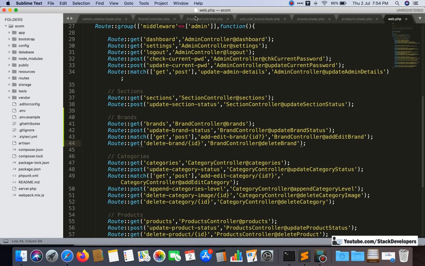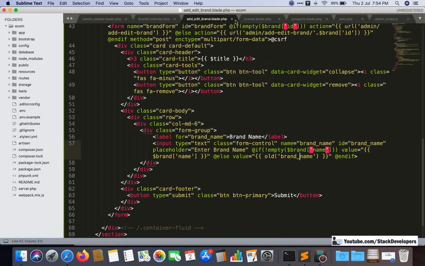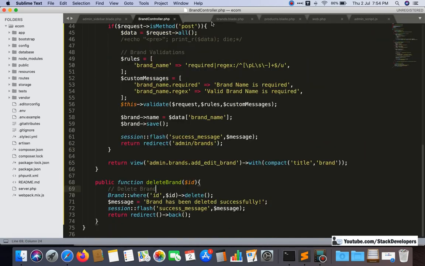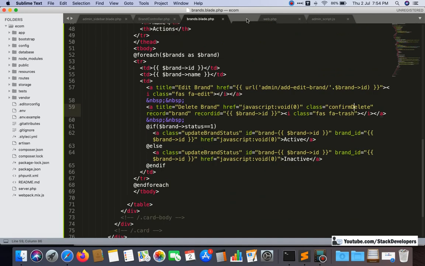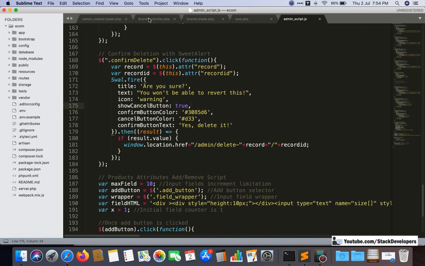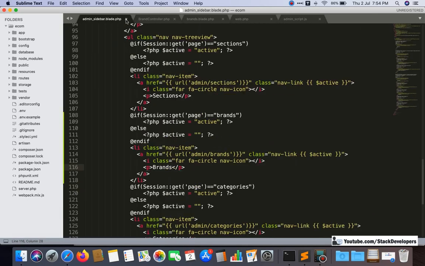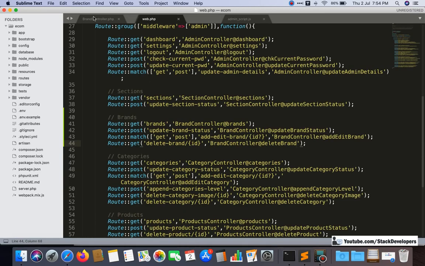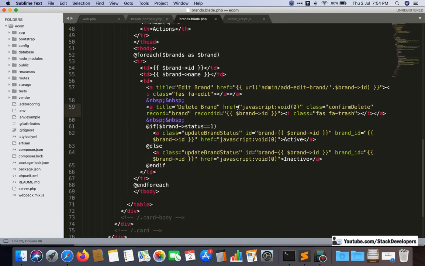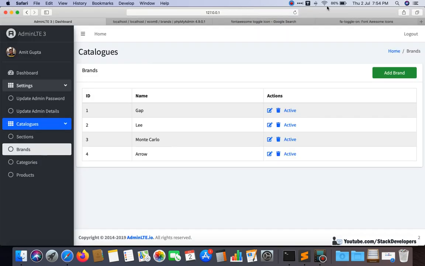So simply open, and you can close other files now, and you can open edit brand. Here I am going to use this icon, which is called fa-toggle-on.